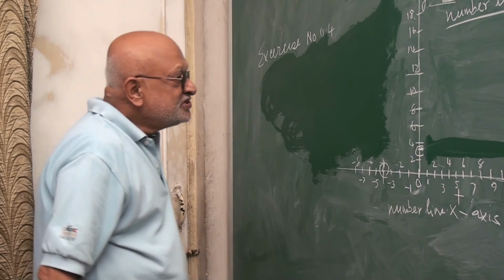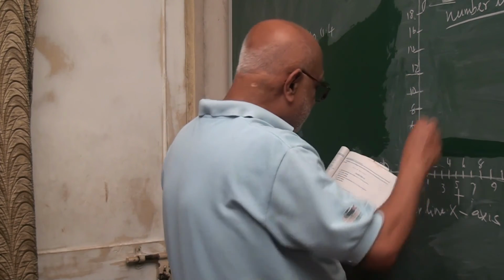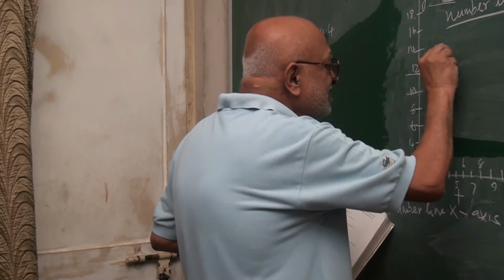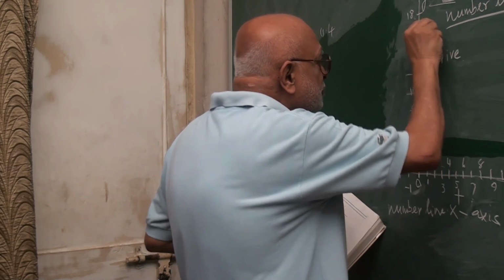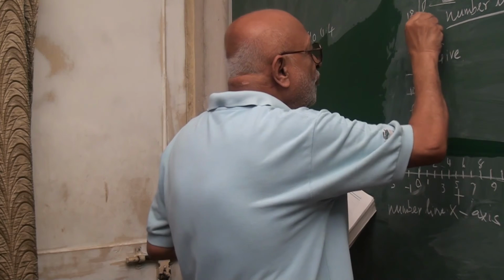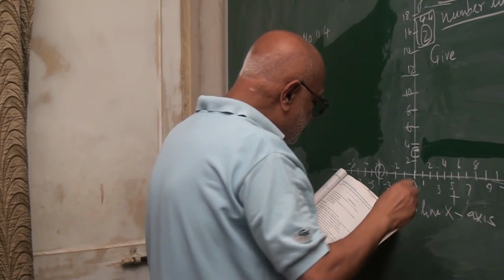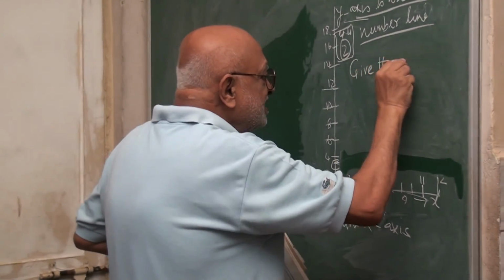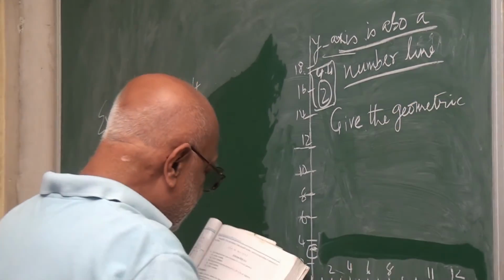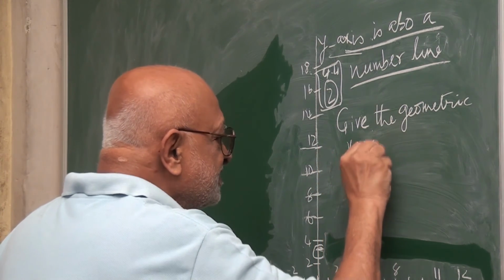So this time it says, give again geometrical. So this is now number 2. Same exercise, exercise 4.4. Exercise number 2. Give the geometric, now not graphical, geometric. Be careful about these nomenclatures and these words being used. Representation